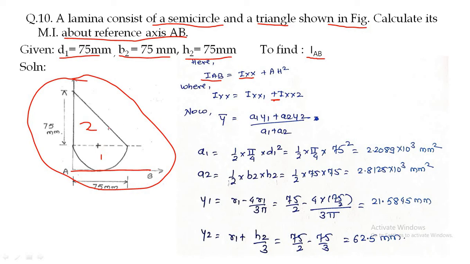Okay, so for this case, as two different sections or two different planes are there, we have to find the position of the horizontal axis of this combined plane. So how will we find it? For that we need to find y bar. In the last question we found x bar, and in this question we are going to find y bar. Why? Because in the last question the total plane was symmetrical about the horizontal centroidal axis, but this plane is not symmetrical about the horizontal centroidal axis, as you can see over here.